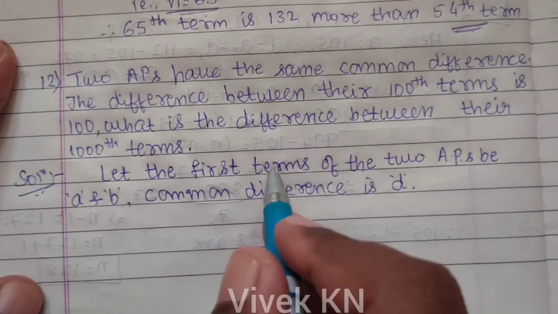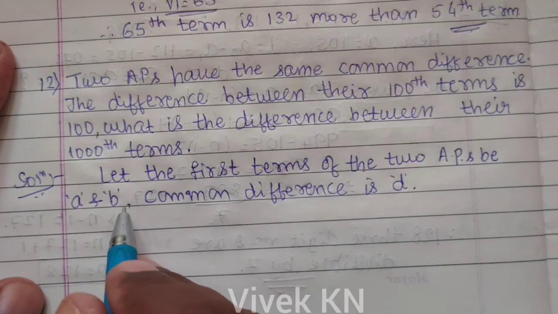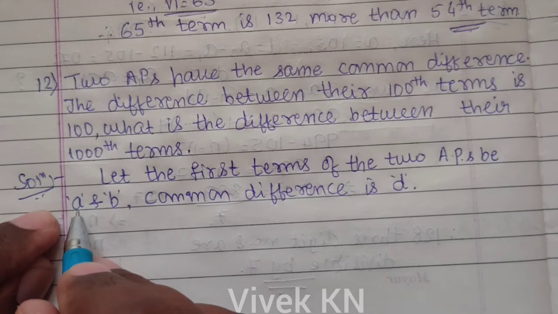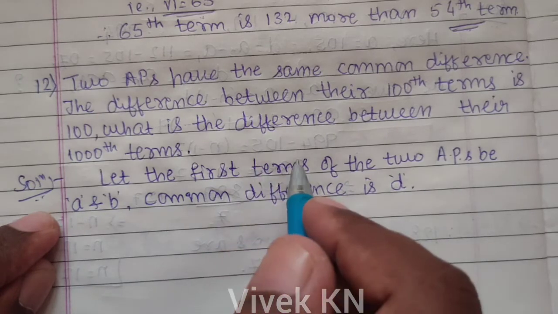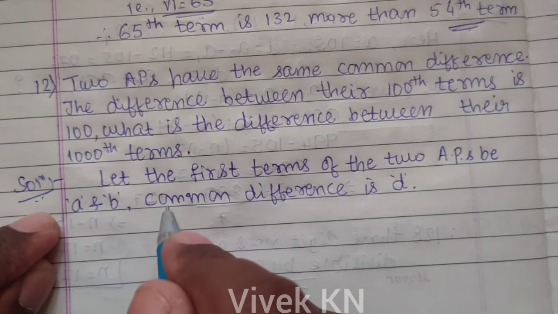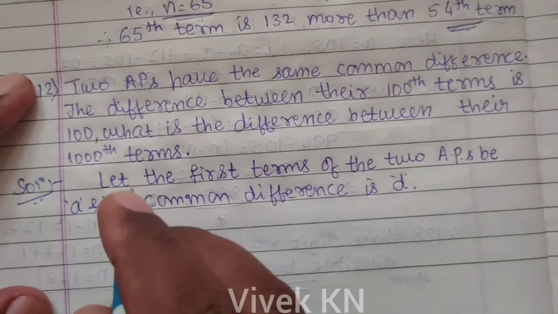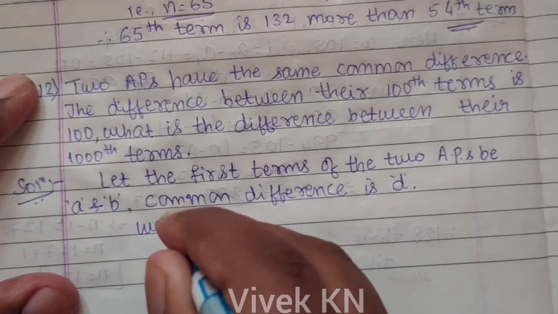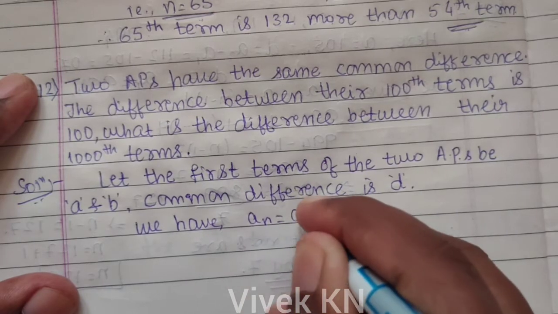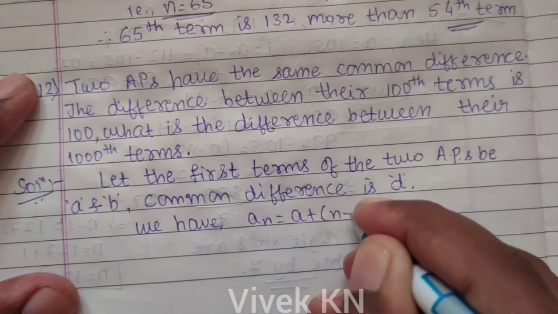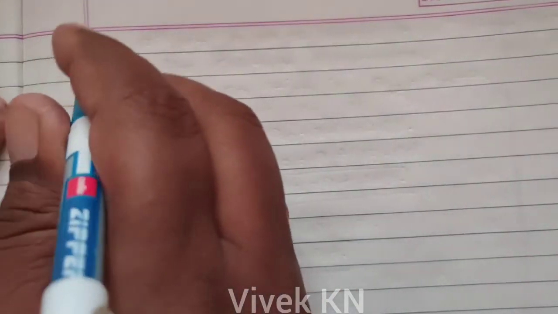Let the first terms of the two arithmetic progressions be small letter a and small letter b. a is the first term of one AP and b is the first term of the second AP, and both the APs have the same common difference d. Now we have to write the nth term formula. We have an is equal to a plus n minus 1 into d. Now for the first AP,